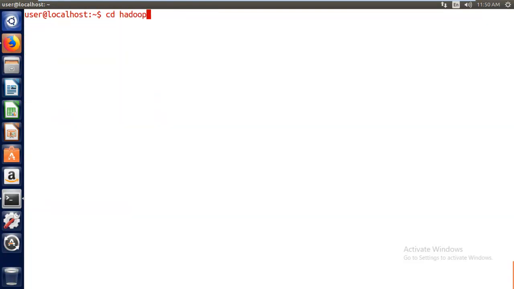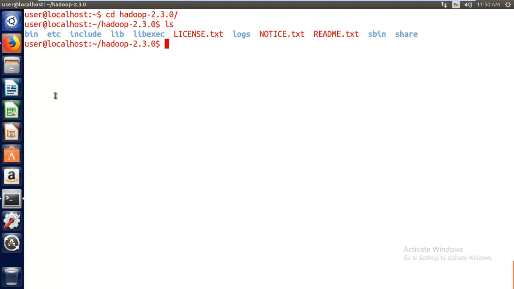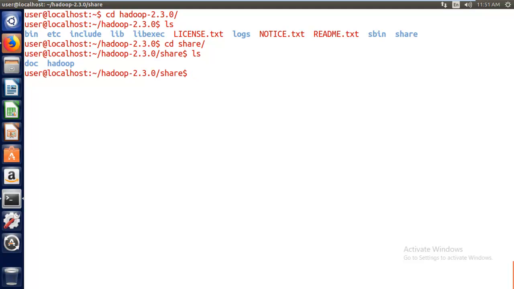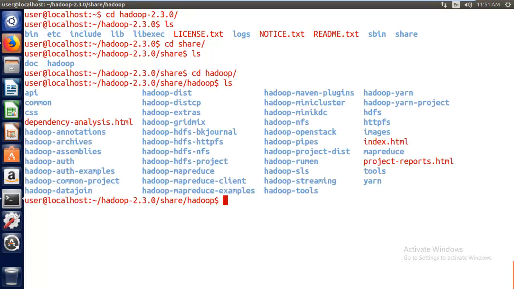So cd hadoop 2.3.2, and if you say ls here, we have other folders, right? Bin, lib, sbin, share, and here we have a folder called share. And again, if you go to share, we have one more subfolder called hadoop. And if you say ls, here you get hadoop, mapreduce.